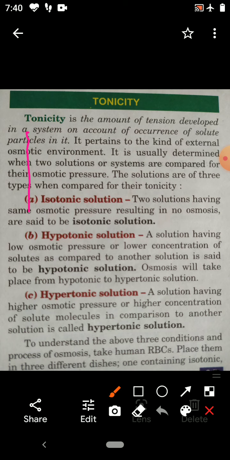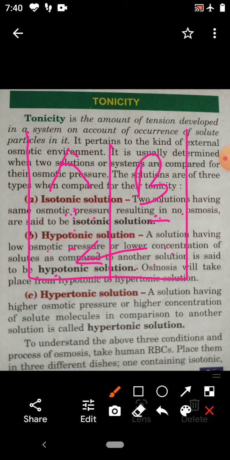You can understand this by taking the same example. One container is separated into two parts by a semi-permeable membrane. This is part A and the other is B, and solutions are taken in both. Now water molecules from B move into A. It means the relative concentration of solution A is higher than B. In solution A, molecules of solute are more in comparison to B. Therefore, solution A is called a hypertonic solution.